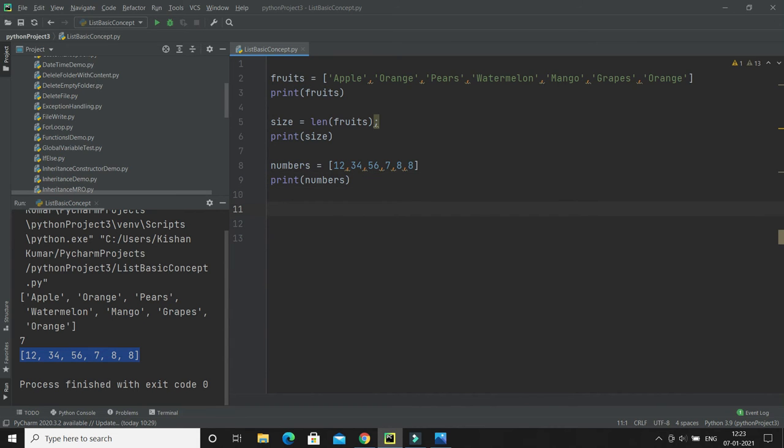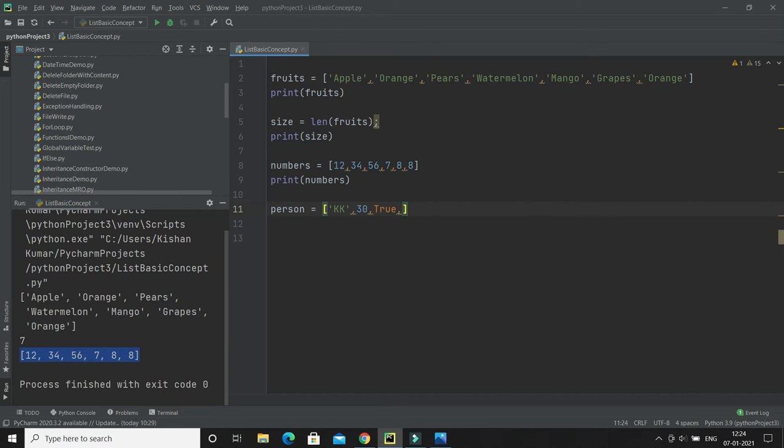So here I'll say person, and first of all I'm going to give the person name KK, which is of type string, and then you can give the age as an integer, and you can assign any true or false value, like true.